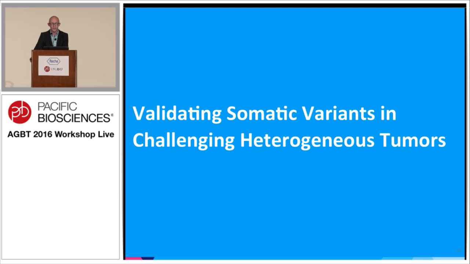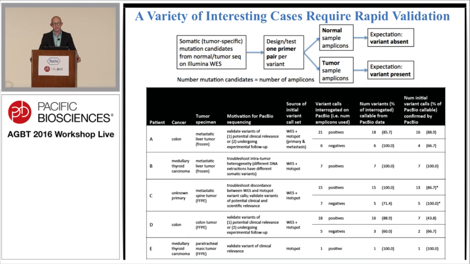So I'll leave you with one last example of how we've been using the technology that has really accelerated some of our work, and that is just in our cancer pipelines. So like many of you in the audience, we tend to use a lot of whole exome sequencing, but the risk of using whole exome sequencing alone in heterogeneous samples, obviously the coverage, Ewan kind of broke that down nicely in his talk, but I'm going to show you some real examples where basically coming back and using a hand-curated list of variants that we thought were significant in these cases can overturn some of the conclusions by going in at higher coverage using the CCS reads